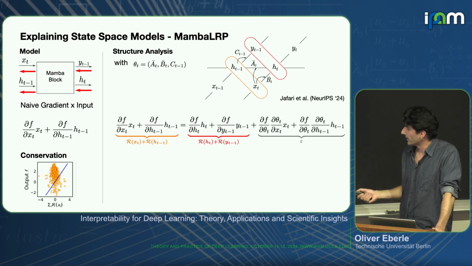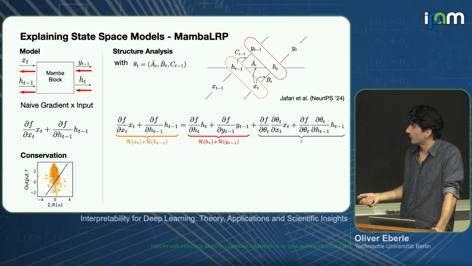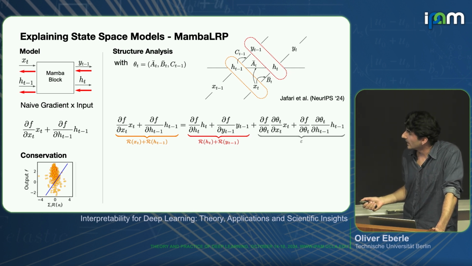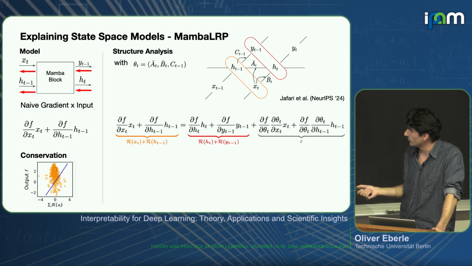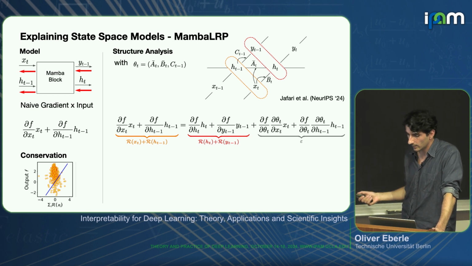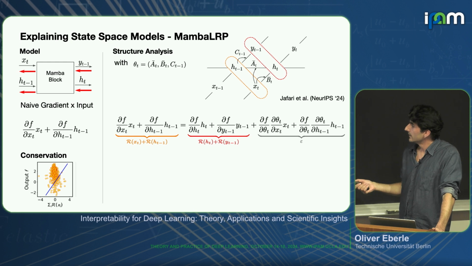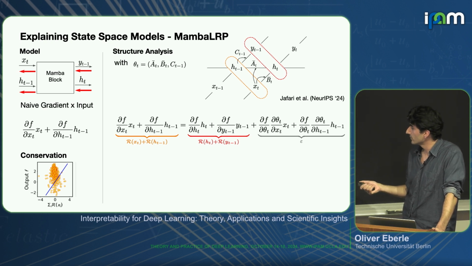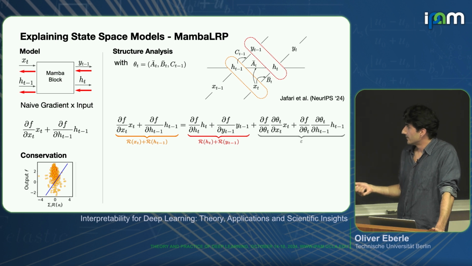And again, now we need to check if the sum of these scores is the same as the sum of these scores, so if the input sum of relevance is the same as the output relevance. You can tell that this is not really the case because we have this huge term epsilon here. Of course, epsilon might be 0, but I think it's pretty unlikely, because if you look at the specific term, the function value f, the gradient with respect to the parameters is likely not 0. So this is also not likely to be 0. The gradient of the parameters with respect to your input, there's also not really a good reason why they should be 0 in general.